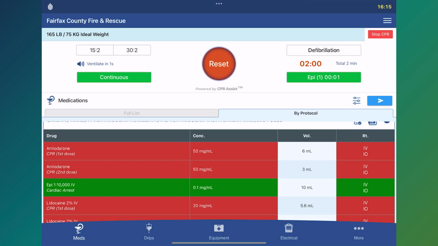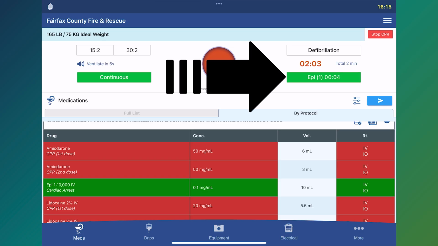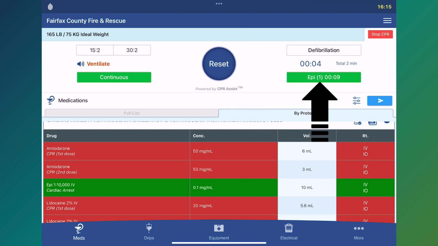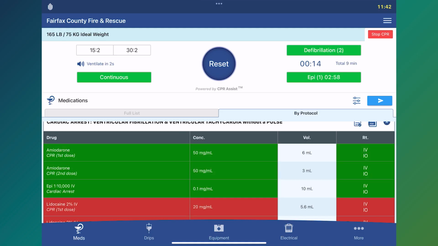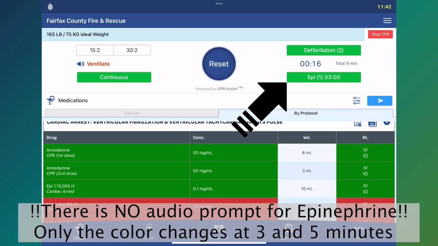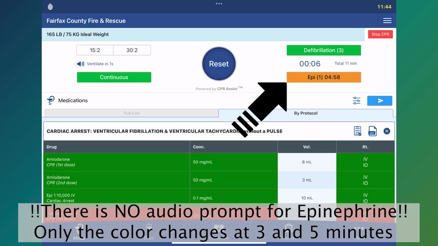Once you select Given, the Epinephrine tab will turn green. Additionally, you will see a number in parentheses showing you how many epinephrine doses have been administered. Next to that is a timer showing how long it has been since the last epinephrine was administered. Note: to ensure accurate dosing and timing, it's crucial to record the administration of epinephrine as it is actually being administered to the patient. At the 3-minute mark, the epinephrine button will turn orange, signaling that you are now in the epi window. At 5 minutes, it will turn red, indicating that you have passed the 3 to 5 minute